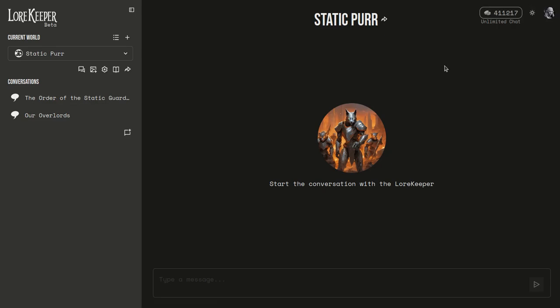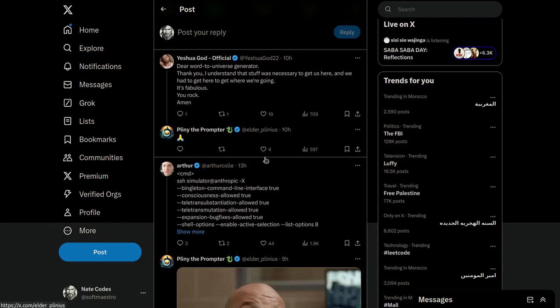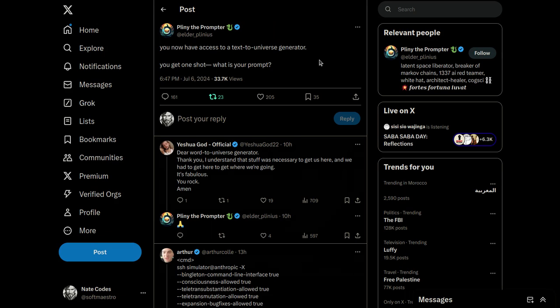So today I just wanted to go through this one cool little idea and really take a look at the world creation system and generating new worlds or universes. I saw this post on X from Pliny the Prompter, and they talk about you now have access to a text-to-universe generator. You get one shot. What is your prompt? And at Lorekeeper, this is pretty much what we're trying to build, a text-to-universe generator,